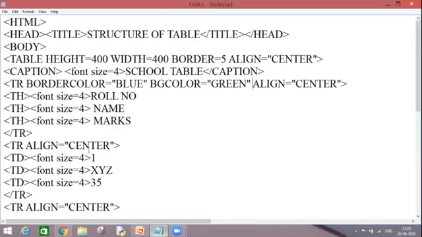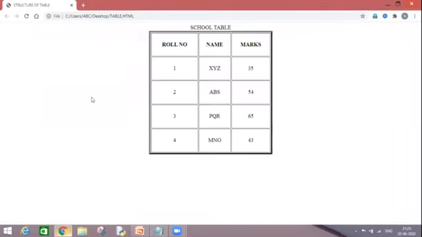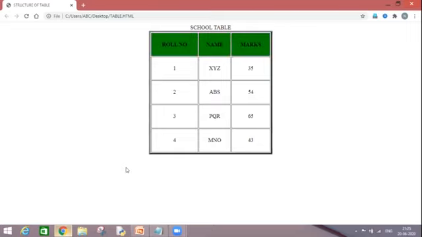Let's have a look at the web page. Control S. Now I'm moving upon my table. My table looks like this, but after refreshing the screen, how will it look? Let's have a look. See, now the border color has become blue and a particular row's background color has changed to green.